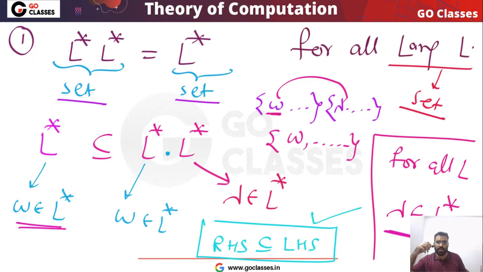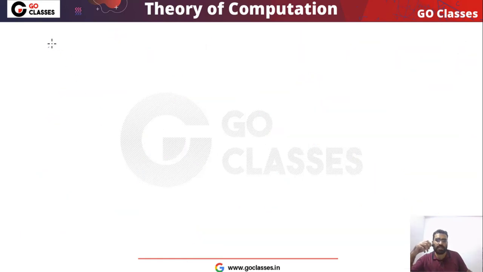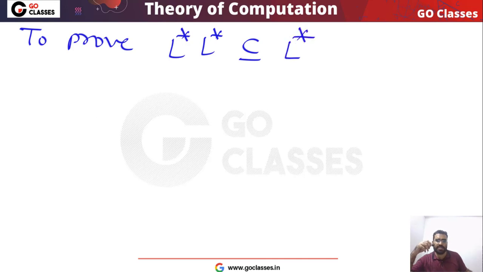Now what we have to prove? We have to prove that LHS is a subset of RHS. Now we have to prove that this L star is a subset of L star L star. This is what we have to prove, which means every string here is also a string here. And this is very easy to prove, because you can notice that,